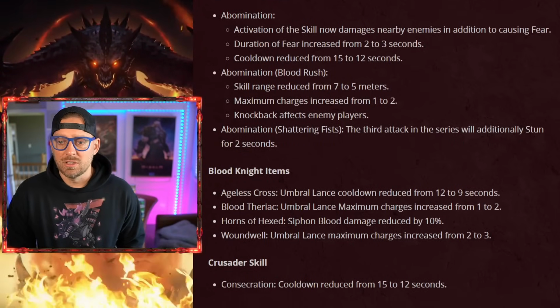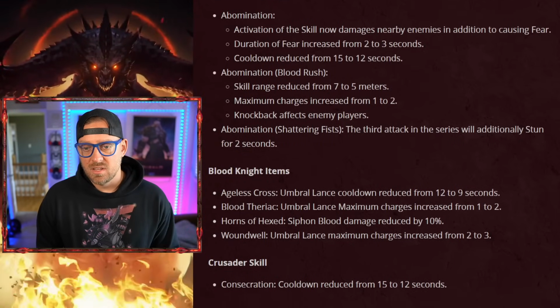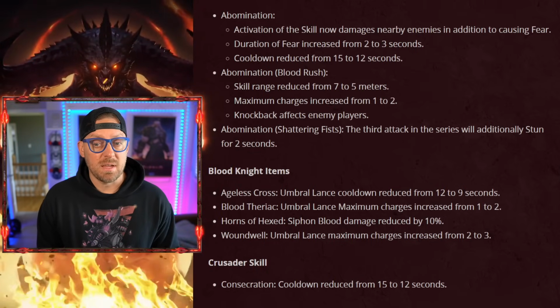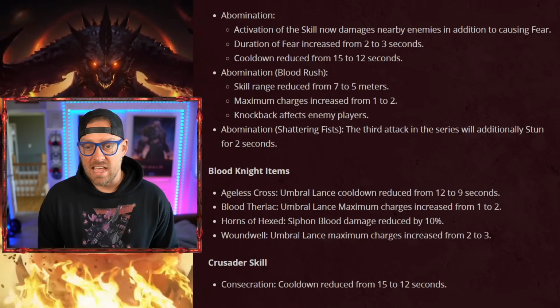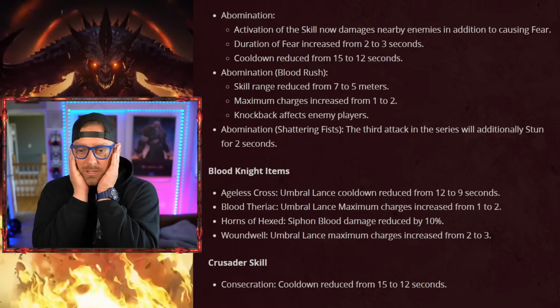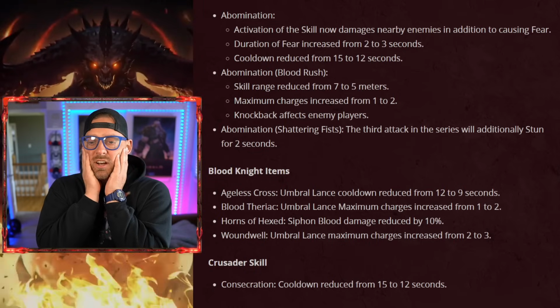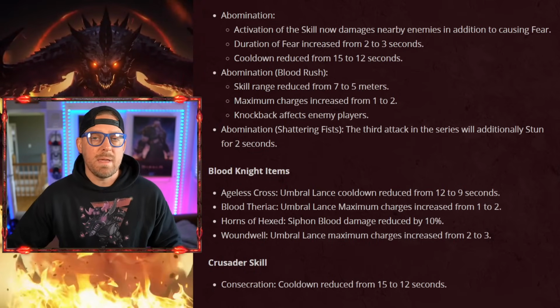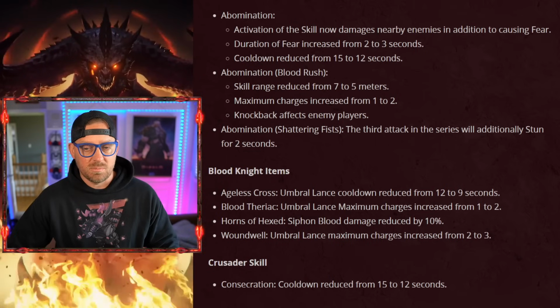Ageless Cross. Umbral Lance cooldown reduced from 12 to 9. Umbral Lance max charges increased from 1 to 2. Okay, Umbral Lance may be a playable skill right here. Horn of the Hex, siphon blood damage reduced by 10%. Come on, I used that one too. And Umbral Lance maximum charges increased from 2 to 3. So Umbral Lance is going to make its way into Blood Knight builds just from these items, as you can